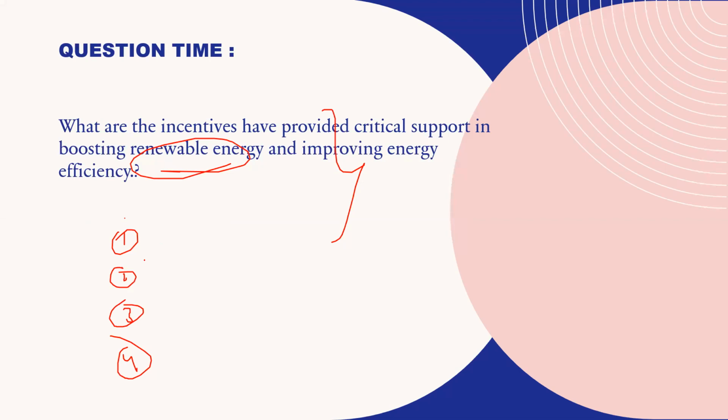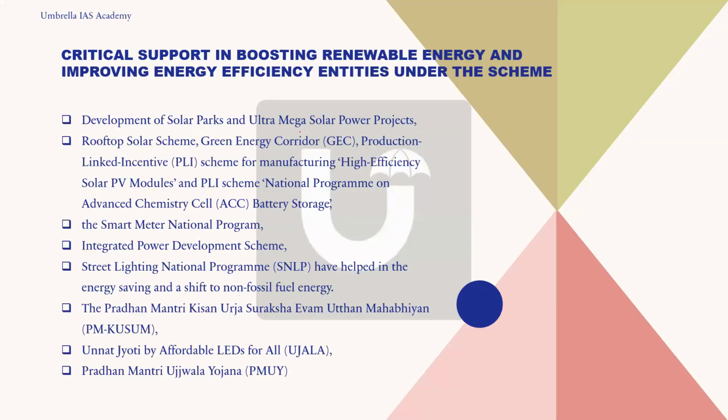Apart from that, any other recent ones, like the 1 crore solar roof plants that have been declared, you can also mention. Whatever schemes like the Ujjwala scheme, all those schemes you can also mention. I have mentioned here whatever has been given in the review. So just go through one, two, three things you can mention in the interview.